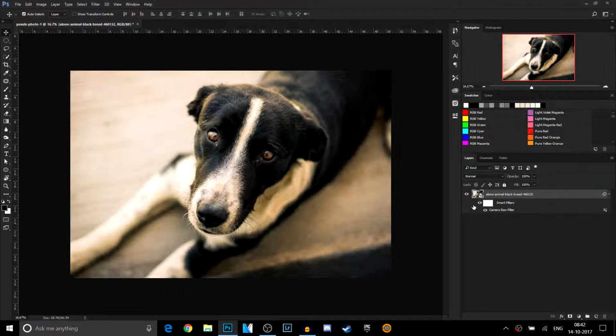Okay, so now let's just show you the before and after. This is the before, this is the after. It makes a huge difference in how the image looks. So now I'm going to create a vignette, and it's going to be a non-destructive vignette, so you can edit it anytime you want. You want to create a new layer,